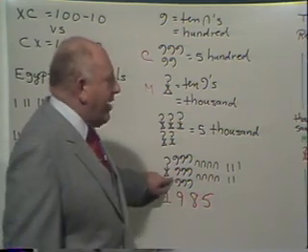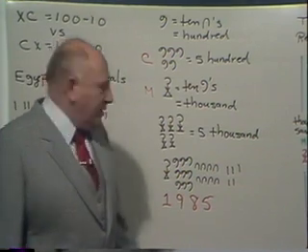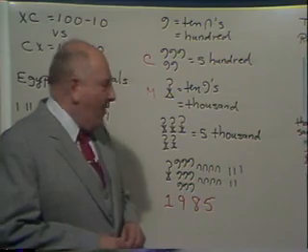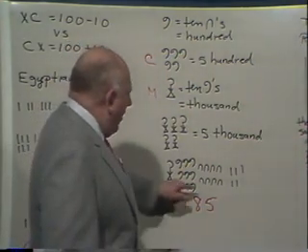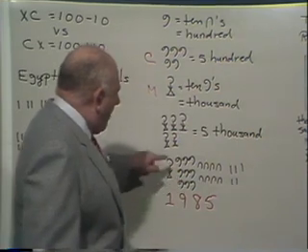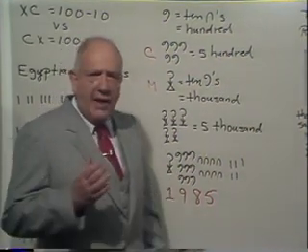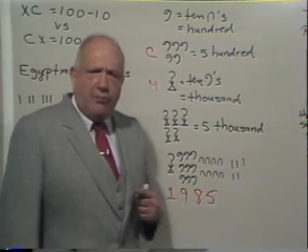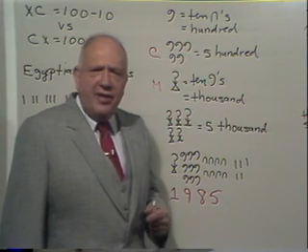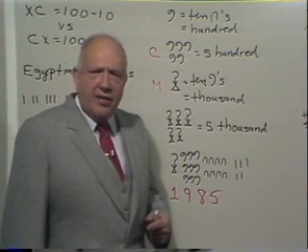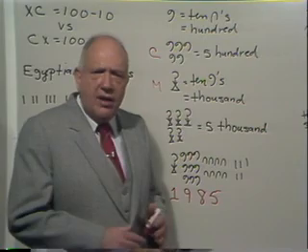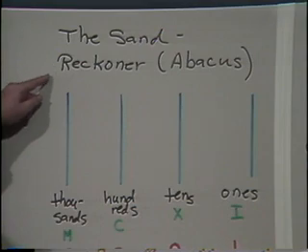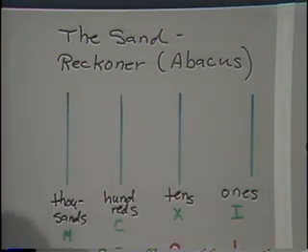And as cumbersome as that looks, isn't that a heck of an improvement over 1,985 separate tally marks? The next innovation came when people said, look, this is real neat, but every time we come to 10 of a denomination, we have to invent a new symbol. And the way they solved that problem was even 10,000 years earlier in the Far East. And in the Middle Ages, in Western civilization, we called it the sand reckoner. In the Far East, they called it the abacus.